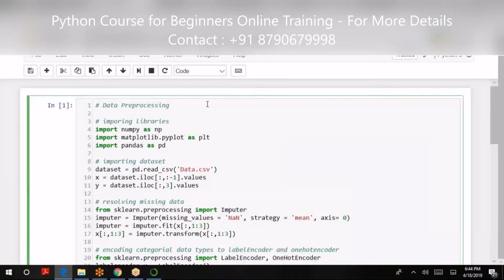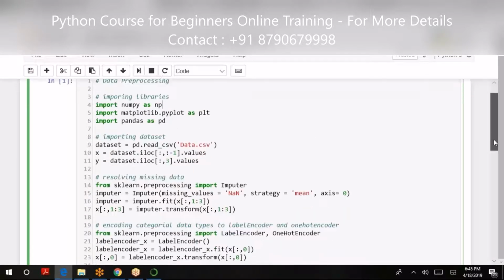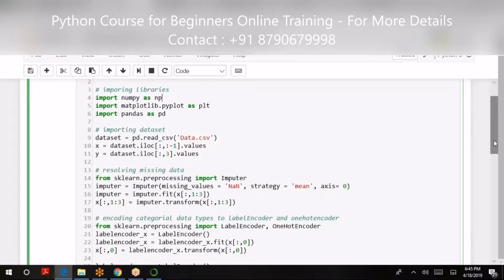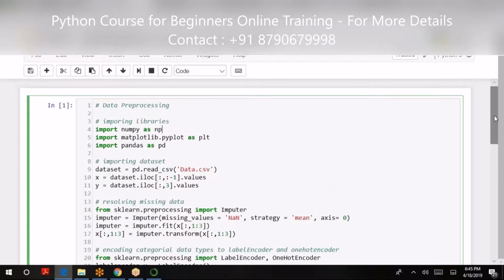Any of your programs normally starts with incorporating a couple of packages. Gradually we are going to discuss a lot of things individually. Here I'm just giving a glimpse of a particular program, a data pre-processing program. It requires basic Python packages: NumPy, Matplotlib, and Pandas. I require these libraries to be added. We can start with some basics at a later stage.